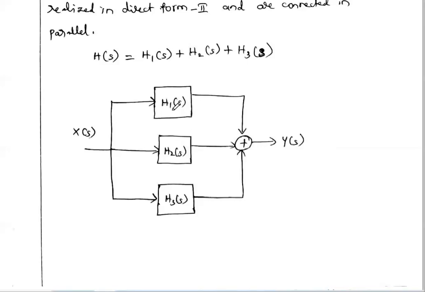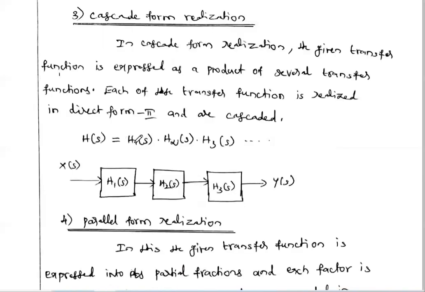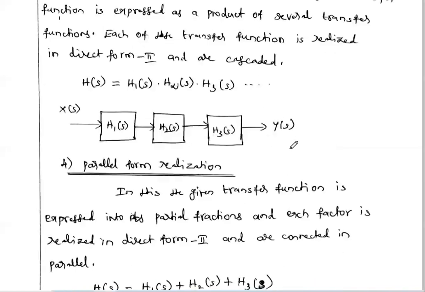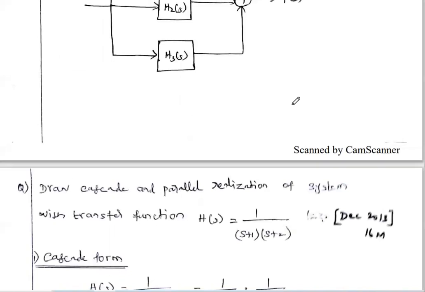Okay, so this is the difference. Cascade means H can be written as H1 into H2 into H3. In parallel form realization, H can be written as H1 plus H2 plus H3. In order to split like this, we have to use partial fraction expansion. Okay, so now we are going to